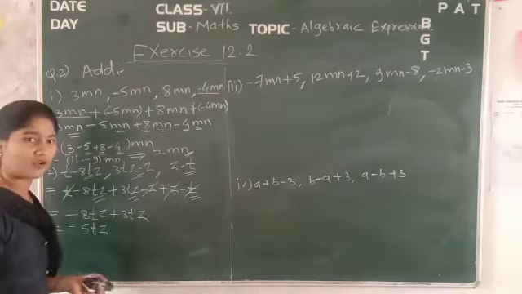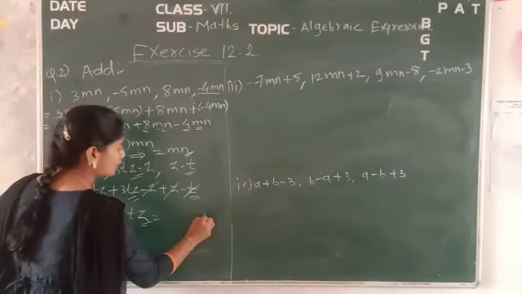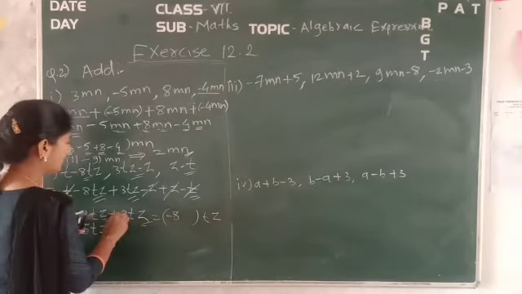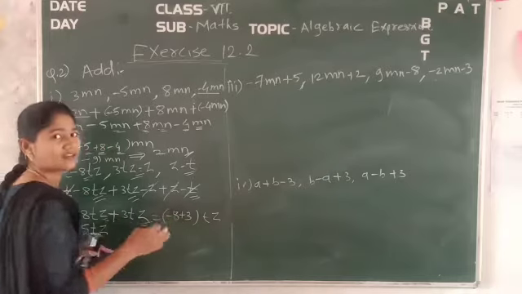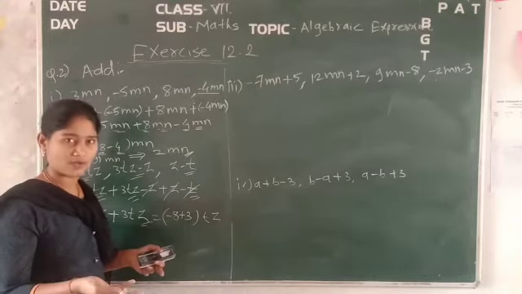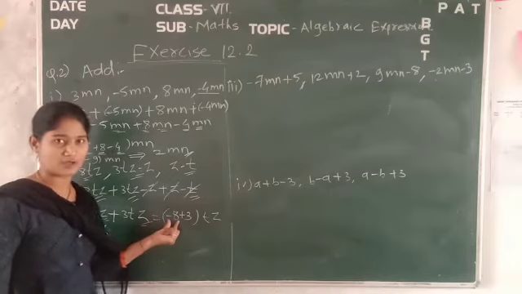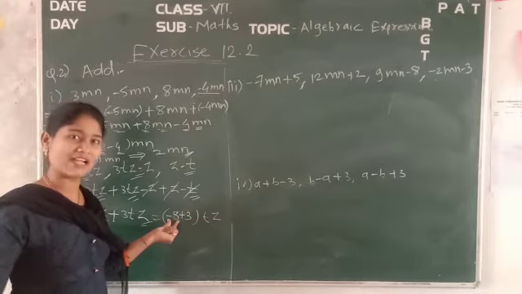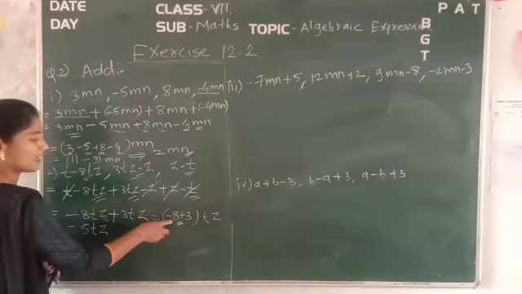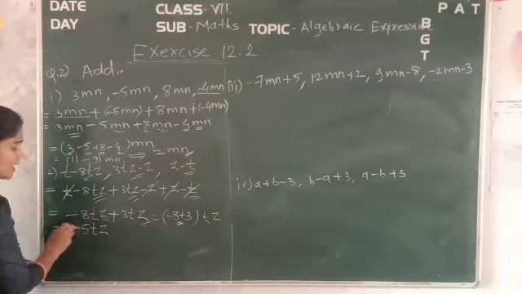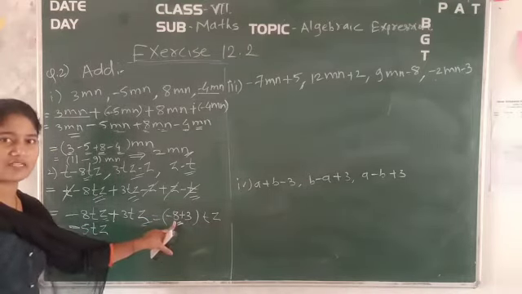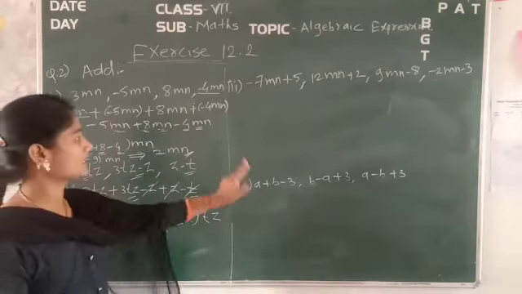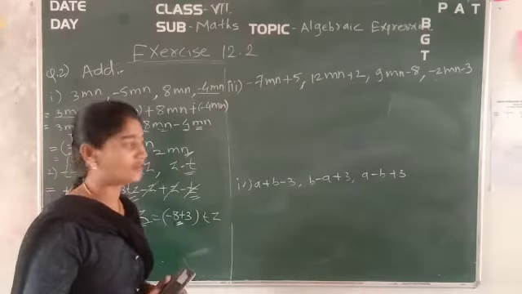Here also you can take the common. Take tz common, and within the bracket take the constants, that is minus 8 plus 3. So obviously you can do 8 minus 3, it is 5. But the sign of the greater number should be there. For 8 there is a minus sign, so the sign of the greater number, you can call it. So for that 5 the minus sign will come, because the greater number has the sign of subtraction. Okay, is that clear? Now the same way you can solve the second, third and fourth. Okay, let's carry forward to the next question.